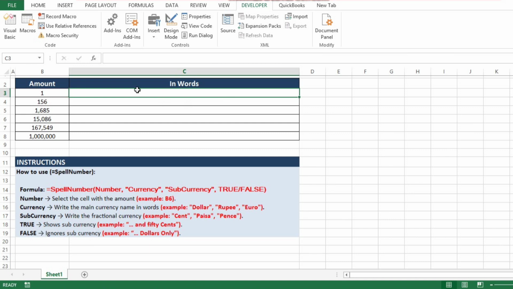Now go back here. In column B you have amount. In column C you want the words. Just type formula equals spell number. Now you will be able to see it here. Open parenthesis and select this B3 cell, comma,